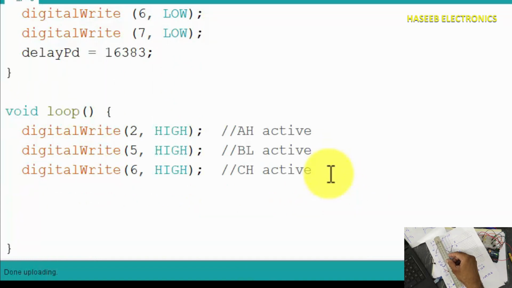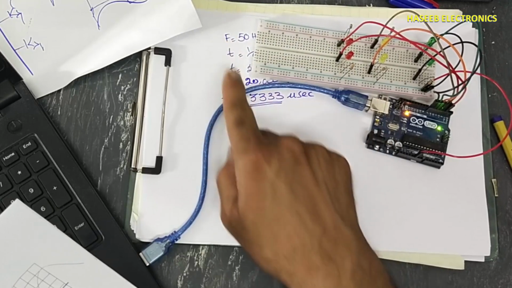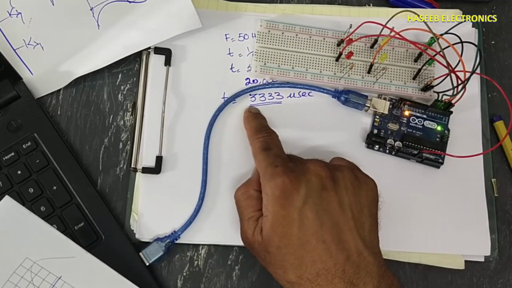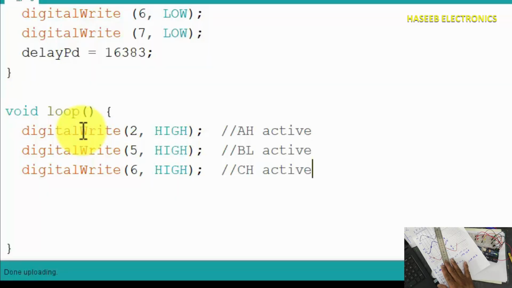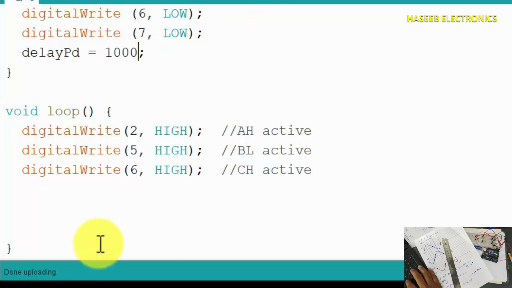After that, we will provide a delay time. To obtain 50 Hz signal, we calculated 3333 microseconds. But to visualize these signals, this time I will provide time delay in millisecond. I will write 1000 millisecond.